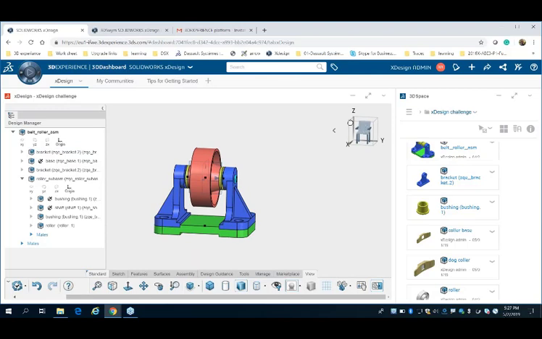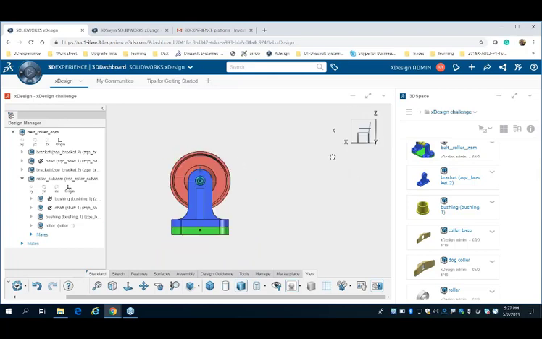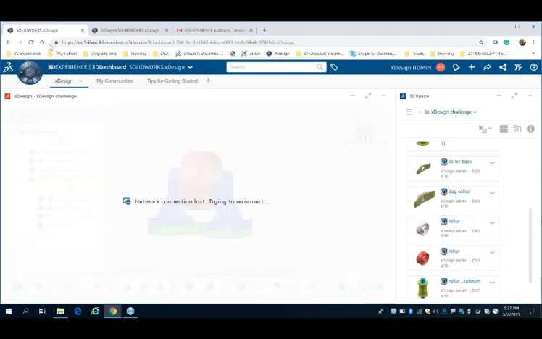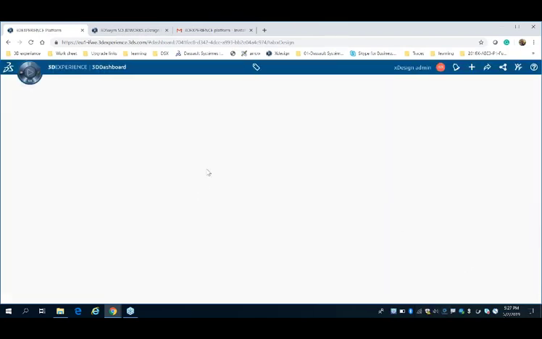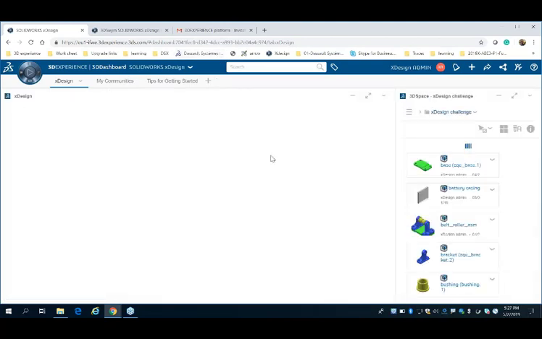Okay, this cube will represent the view section. It has its own view portal. Just click on it and that view will be posted on your screen. Now this is related to xDesign. Hope I'm covering all the short